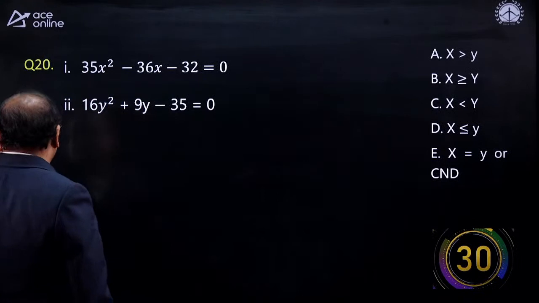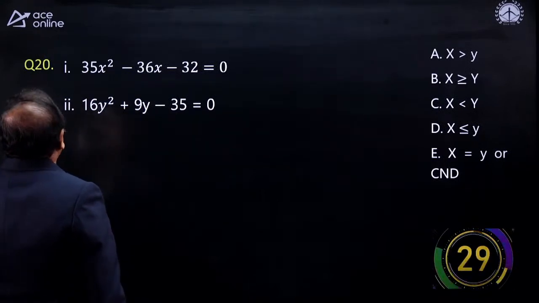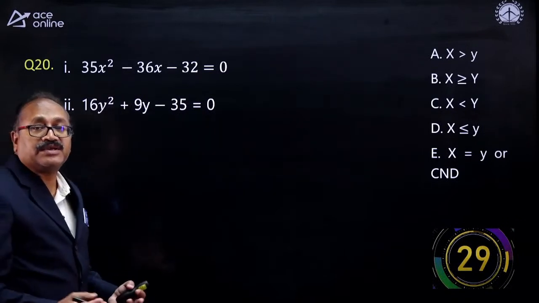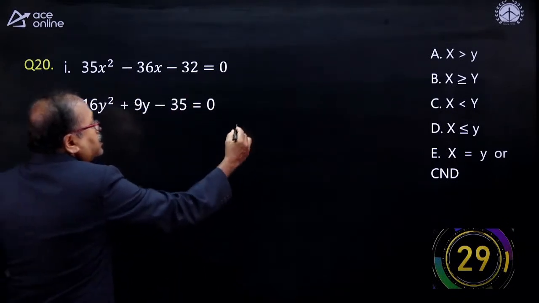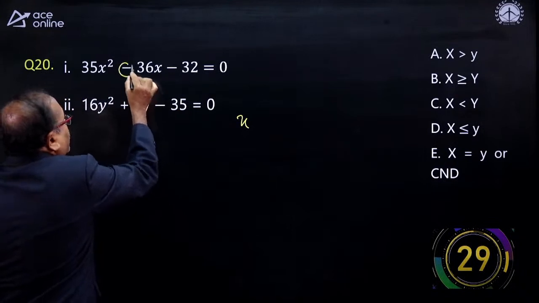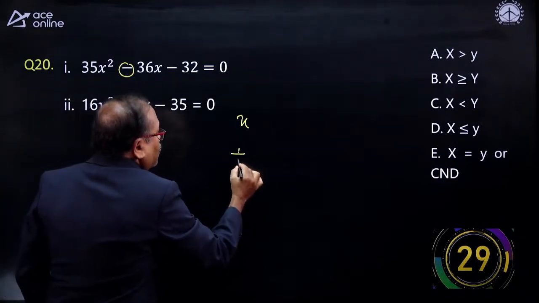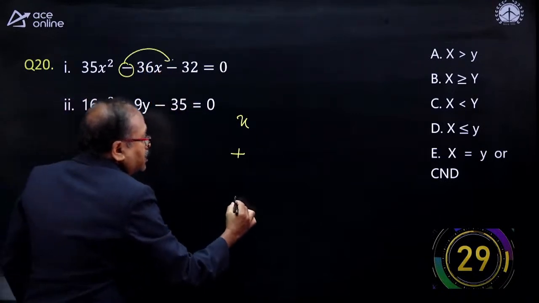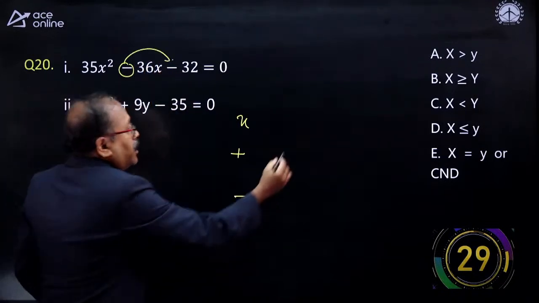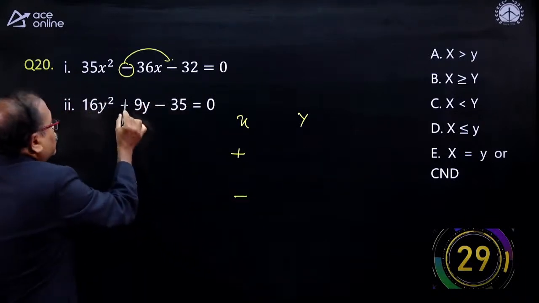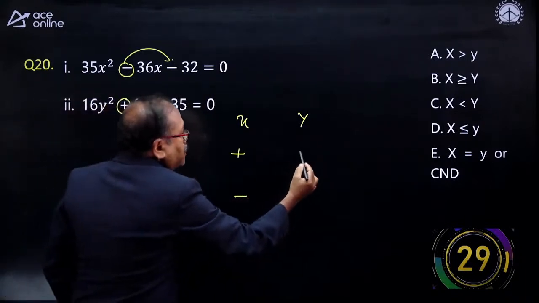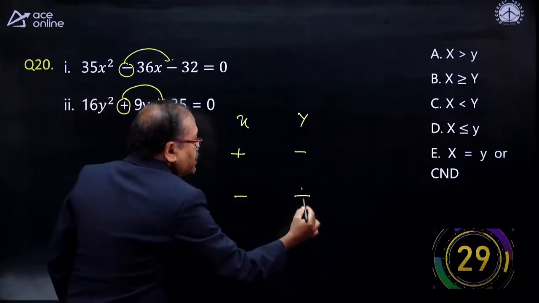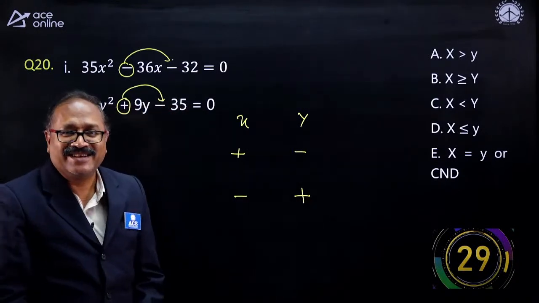And a very interesting question comes next. Questions like this, you can answer in a second, hardly 5 seconds. Look at the x sign. Here it is minus. So the first sign always changes. And the next minus, do not change the next sign, it is minus. And what about y? So the plus will become minus here, and the plus changes the next sign, so the minus will become plus.